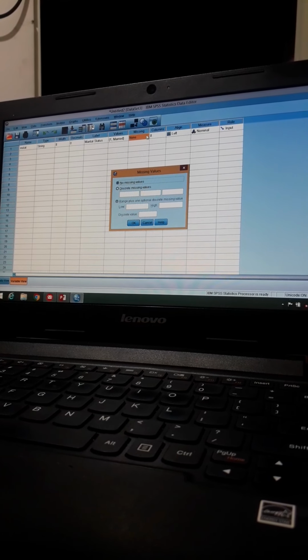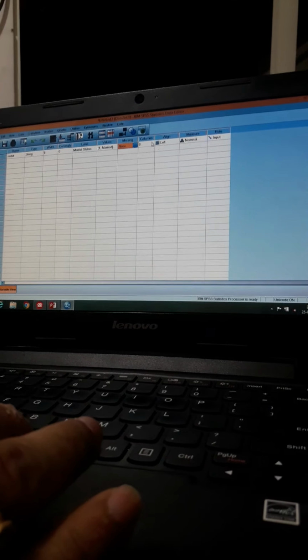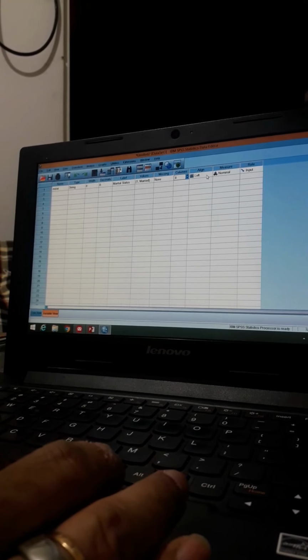Missing is basically if we don't want to record those values for data analysis in SPSS, then we have to put those data in missing. But for the time being, we are keeping it none. Columns means the width of the variable, the size.